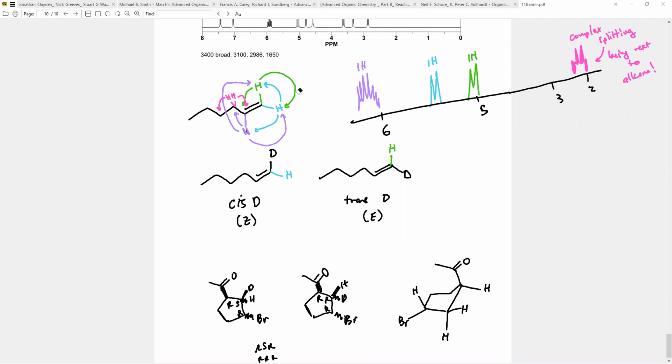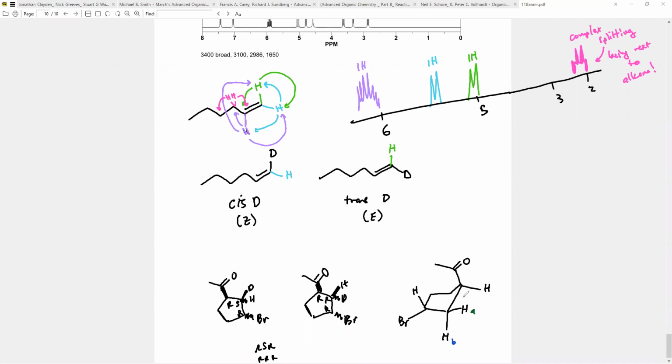I'll just call one of these HA and HB. Doesn't matter who's who. Call this HA and we'll call this HB. Again, if I look at the field effect, if I look at the chemical environment, things are different, right? If I look at the wedge face of this molecule,